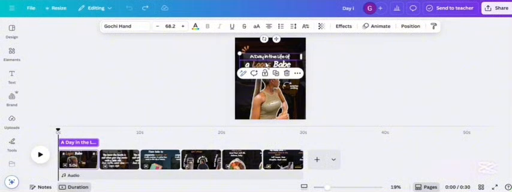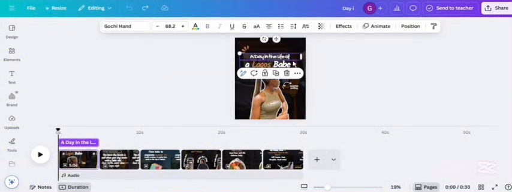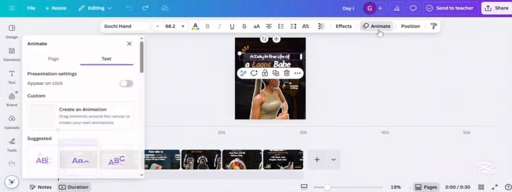For this, we can see that the text is quite different from each other. This is because that was the vibe I was going for, right? So that means we have to animate it separately. But in the case that you want the animation to be the same thing, all you have to do is group it using Ctrl+G on your keyboard, and then you're able to animate it all together. So I'm going to be animating it separately,